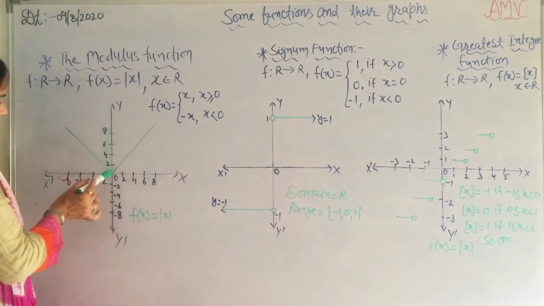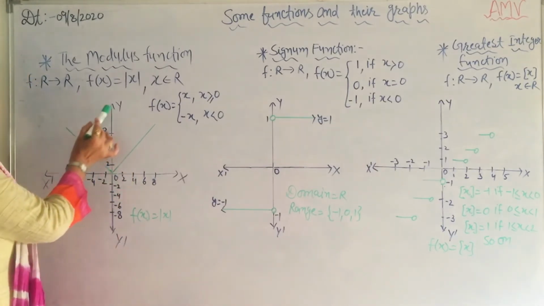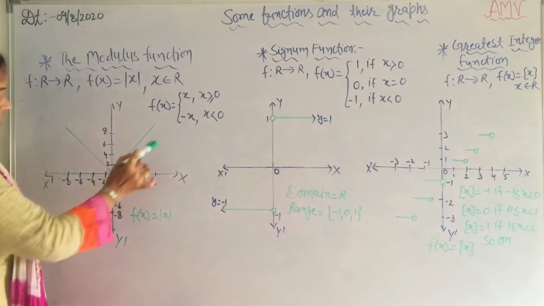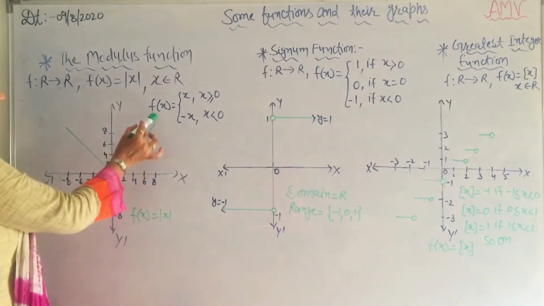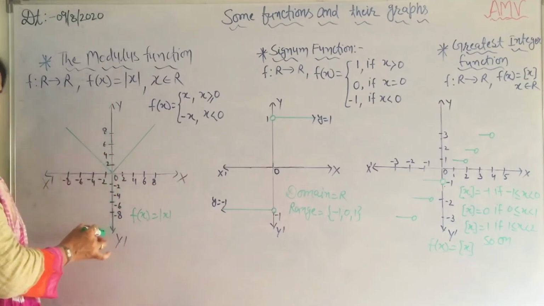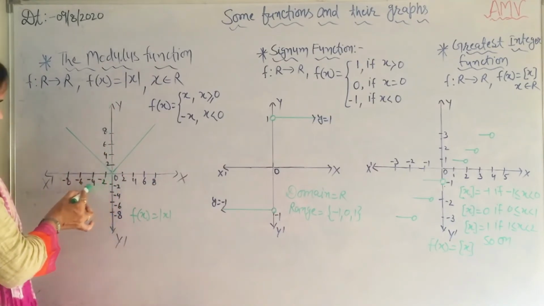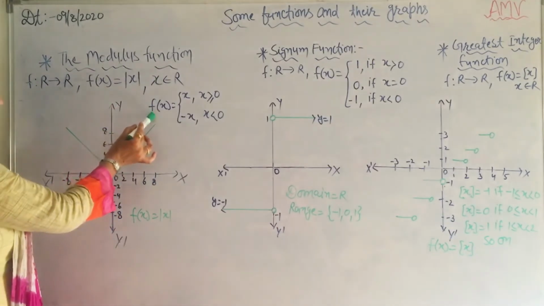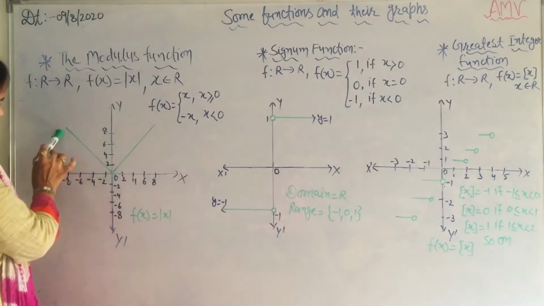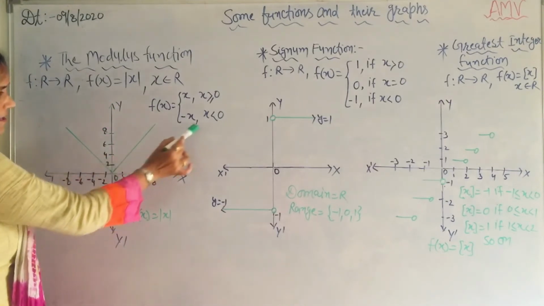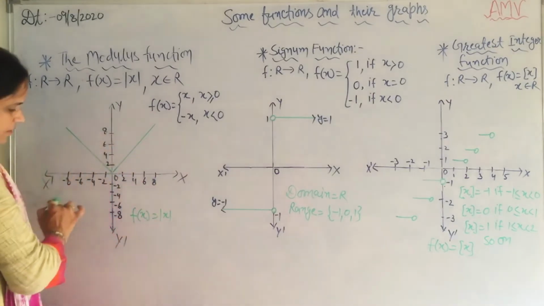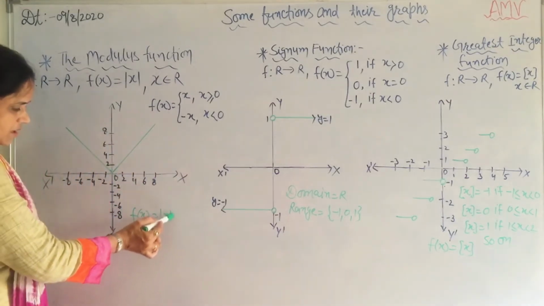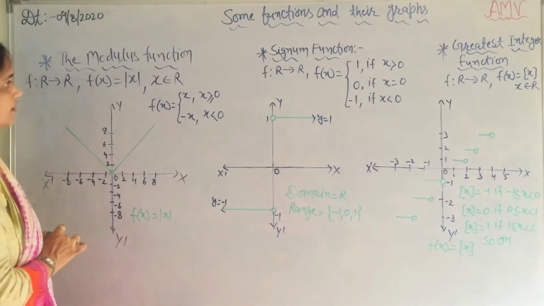So the value of f(x) is positive. These values are on the x-axis, and f(x) means values on the y-axis. So for negative values of x, f(x) is also positive, and this is the graph for x less than 0, and it is the graph of f(x) is equal to mod of x. Now next,